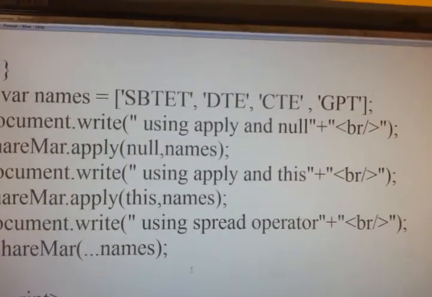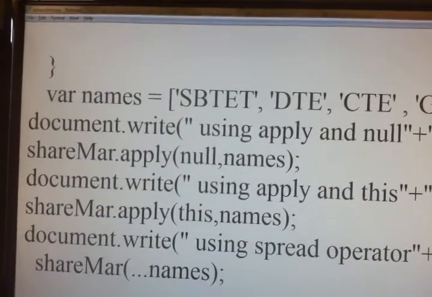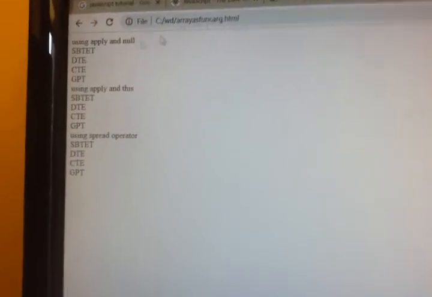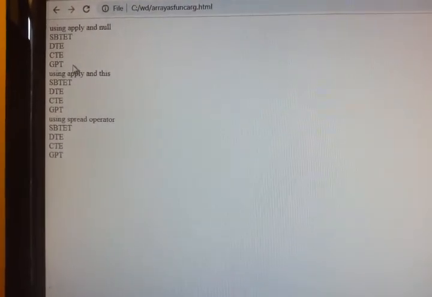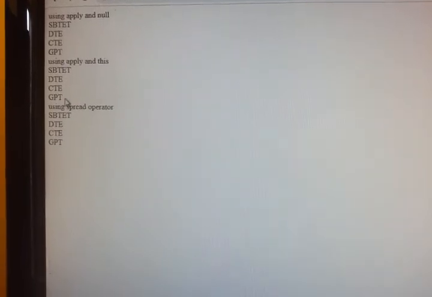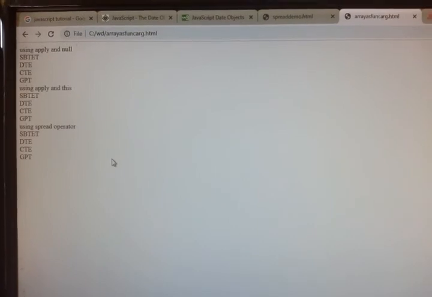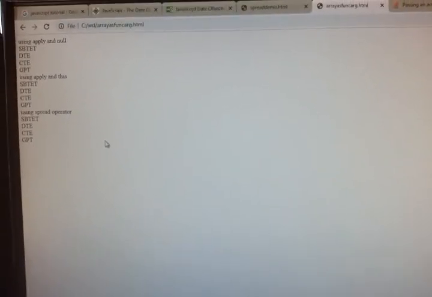When I use this, I'll save it and run the code. See, using apply and null I got all the items, using apply and this also I got all, and using the spread operator also I got all the array elements. So this is about passing an array as function arguments in JavaScript.